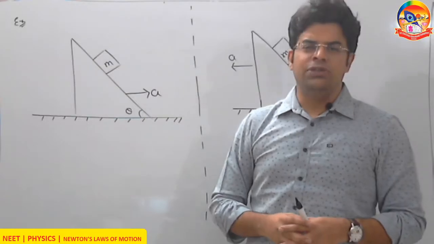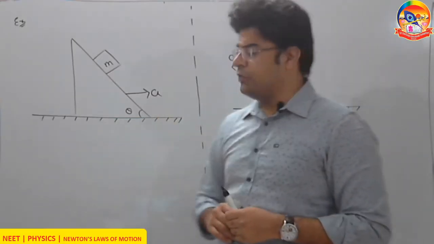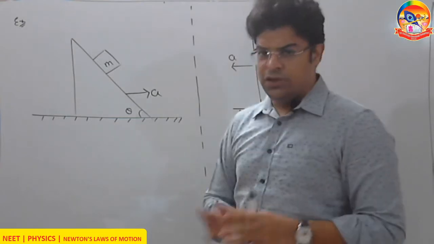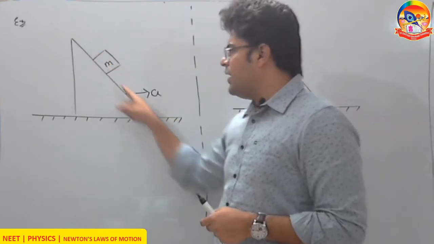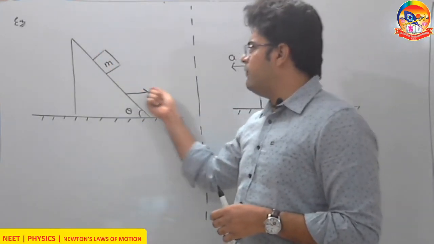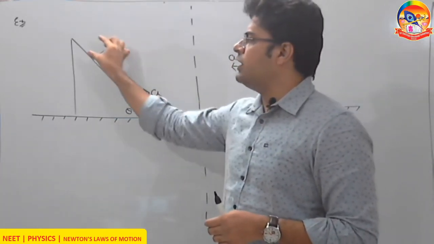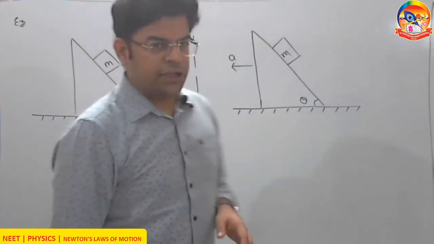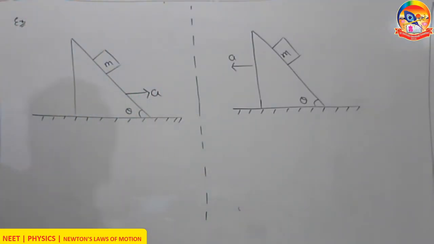So now let's do two very similar looking frequently asked questions. So first question, listen to it carefully. The first question is, we have an incline of inclination theta. What acceleration should be given to the incline so that the block does not slide with respect to incline? What acceleration should be given to incline so that the block does not slide with respect to incline?